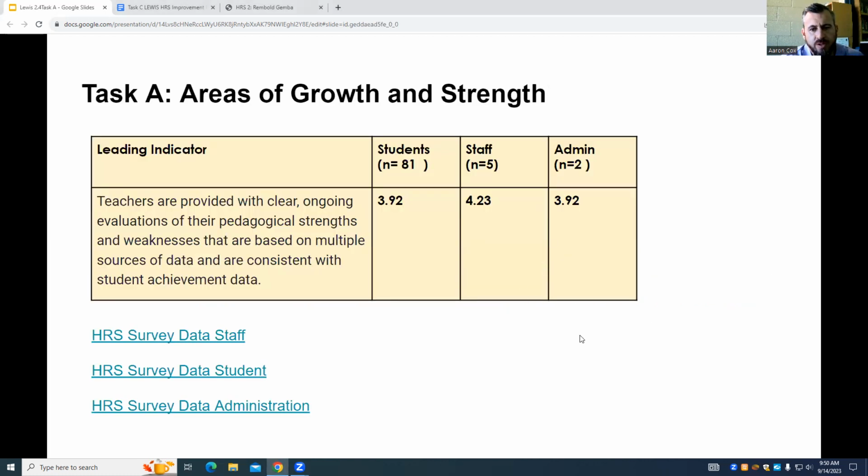Areas of growth and strength were determined through student and staff surveys. On the student side, out of 81 responses, average score of 3.92. So obviously some areas of growth to explore in there. On the staff side, from 5 staff responses, average score of 4.23. And data backed